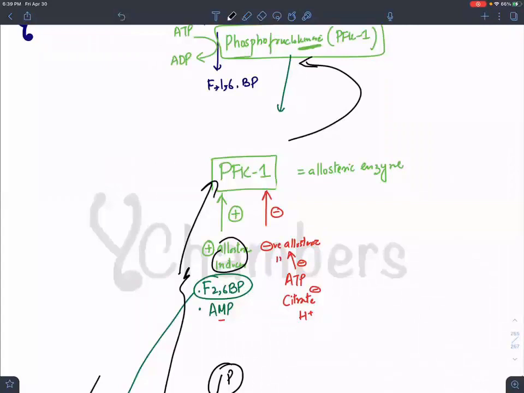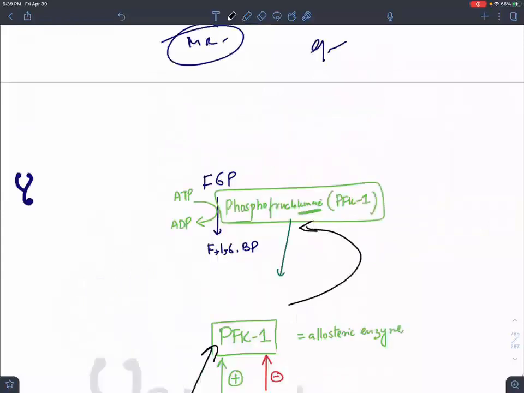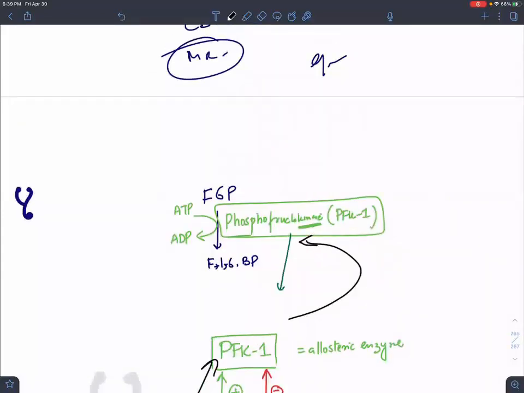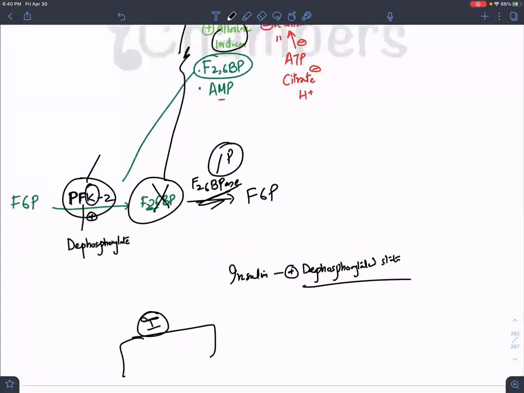Glucagon. Now what will glucagon do? Now tell me one thing, guys. Is glucagon active in the phosphorylated state or dephosphorylated state? What does glucagon do? Phosphorylated state. Beautiful answer. Now see what will happen. Will the glucagon cause phosphorylation of the cellular enzymes? Who is active in the phosphorylated state inside the cell?